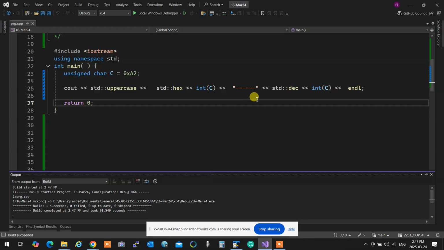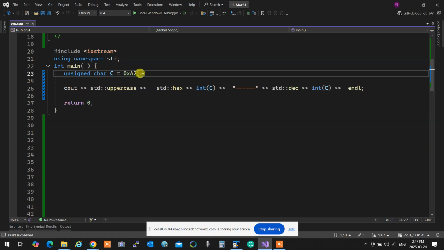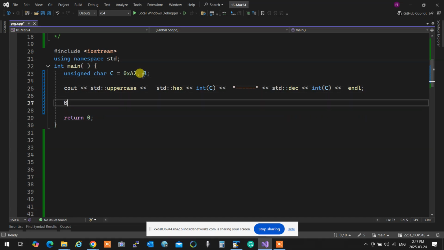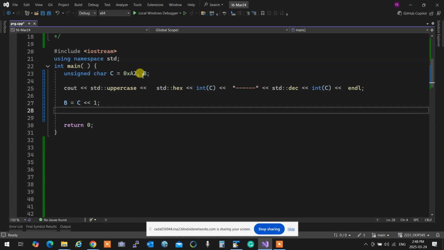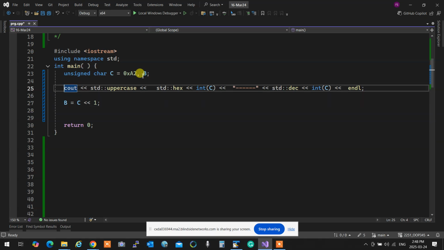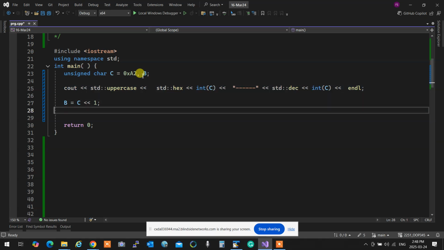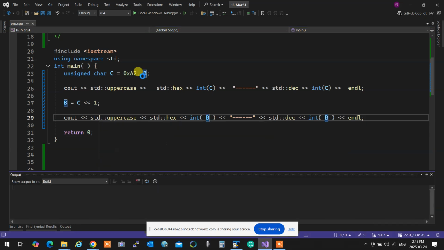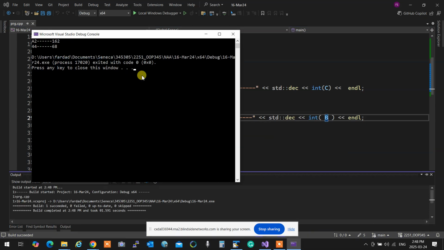Now I'm going to write the code over there and see what happens. I'm going to create a B over here. I'm going to write exactly what I've written over there, which is essentially B is set to c left shift once. Okay? And show the exact same thing, but with the value of B. What is that value?